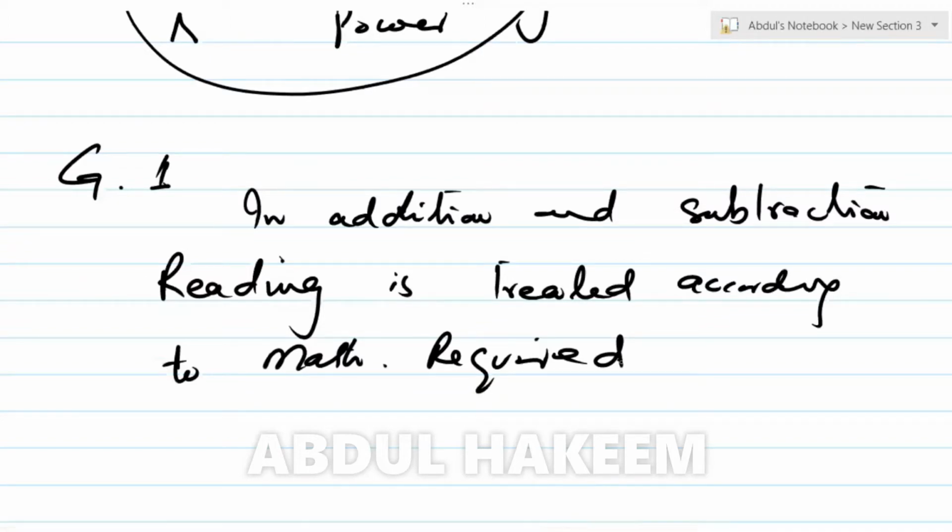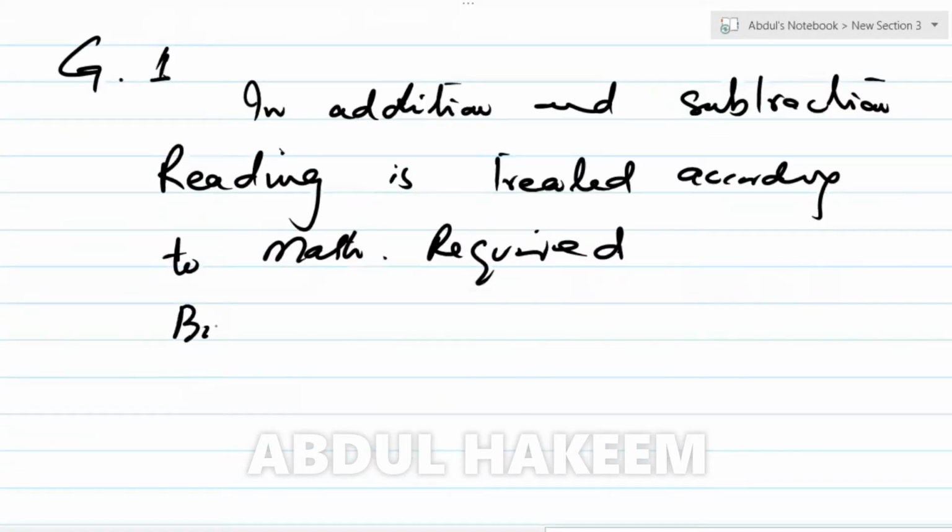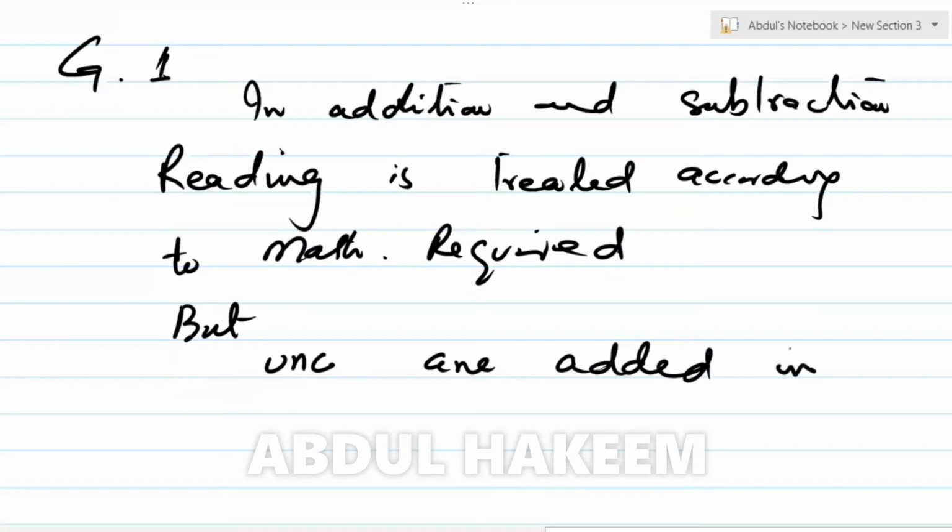So readings are treated according to the math requirement, but uncertainties are added in both operations. Mean, whether it's addition, whether it's subtraction, we have to add uncertainties, we have to add error,